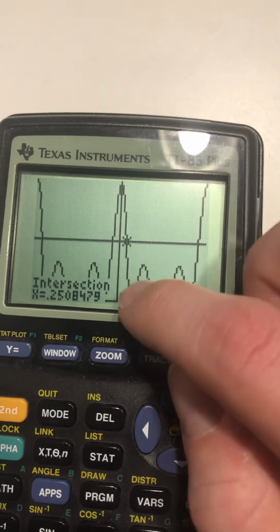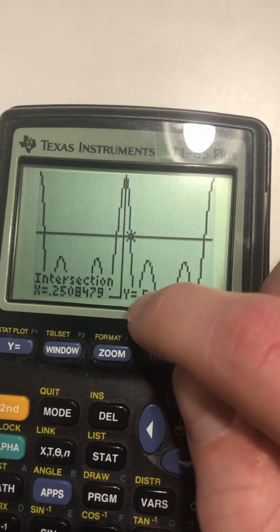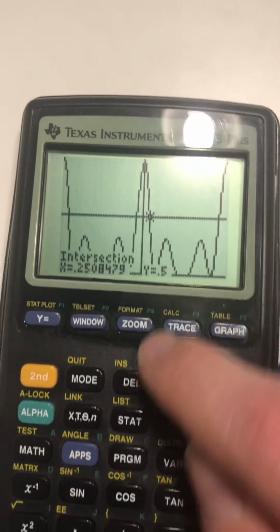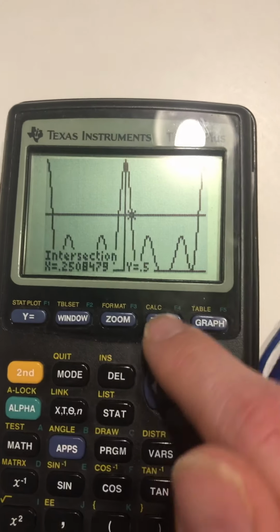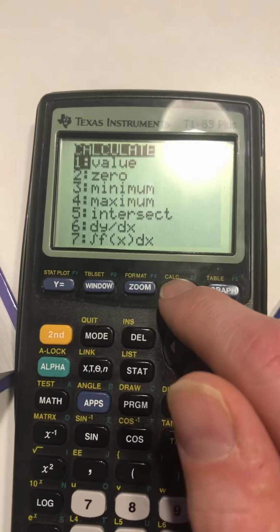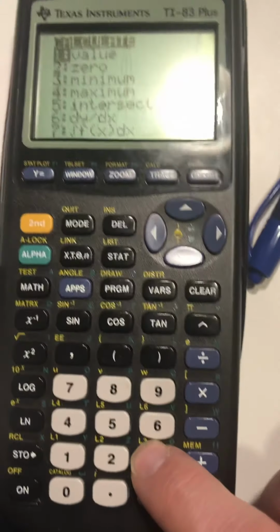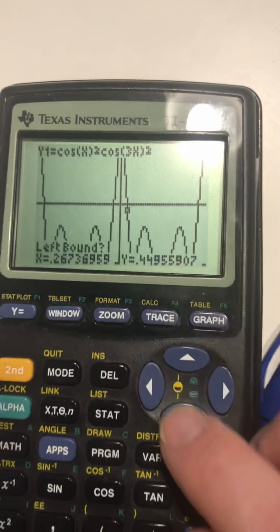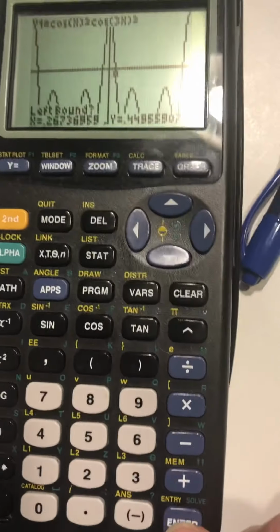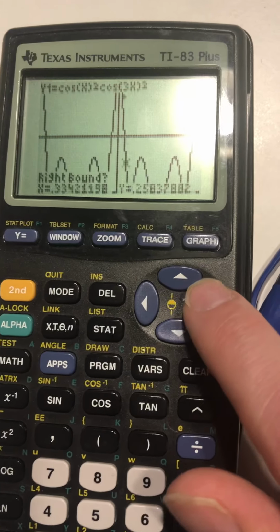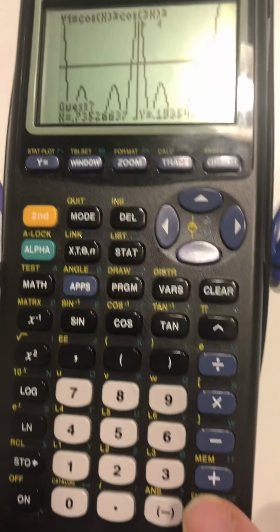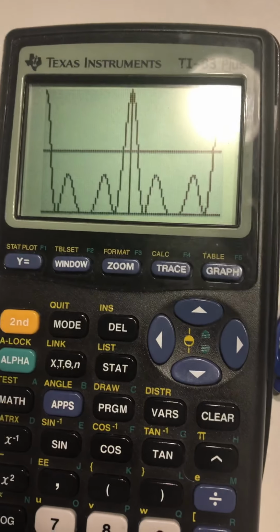The first null beam width, you just need to find the value in radians of the null, which is the first null here, which is the first valley. So to do that, you also use the calc, so second calc, and then minimum, so 3 for minimum. And it's going to ask you for this bound and this bound, so you need to trace over there. So click enter here for the left bound. Now it's asking for the right bound, so I go over to the right side of the valley, enter, take a guess, enter,